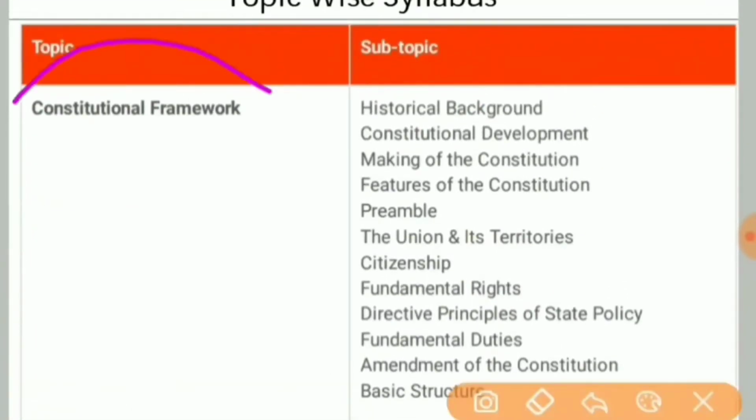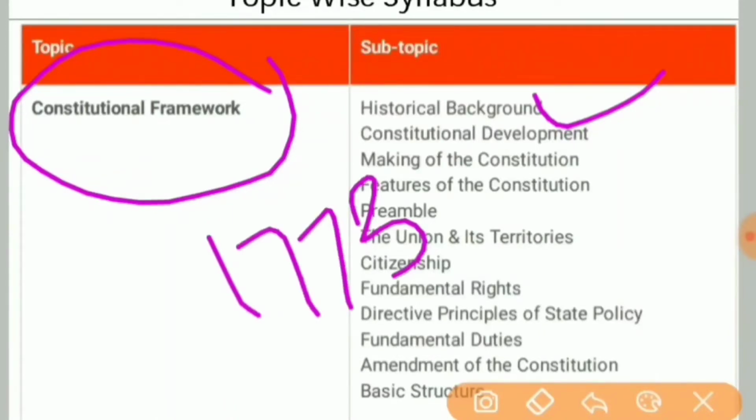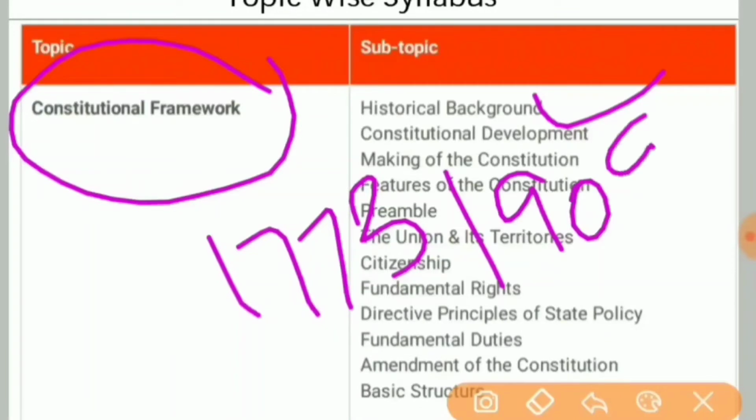In the first part, we will discuss the syllabus of Indian polity for UPSC. Here, the first topic is the constitutional framework. In this topic we have the subtopic of historical background. About historical background, we will learn about different acts, that is the Regulating Act 1773, the Government of India Acts 1909, 1919 and